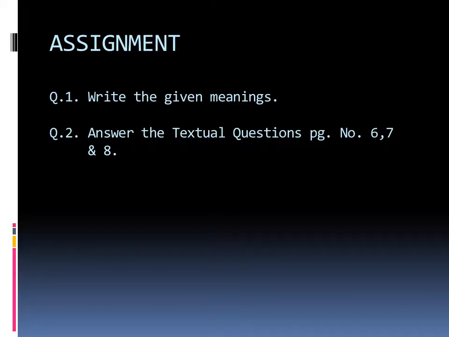So till then, my dear students, I have given an assignment here. Write the given meanings from the video and answer the textual questions, page number 6, 7 and 8. I have explained page number 6, 7 and 8 halfway. Remaining we are going to do in the next video. Now you have to read the lesson when you solve the textual answers. Answers should be in your own words. Is it clear? I have given less assignment here so that you could get time for the completion of the